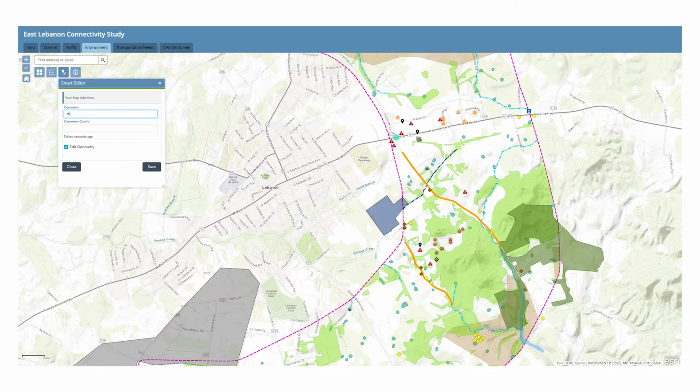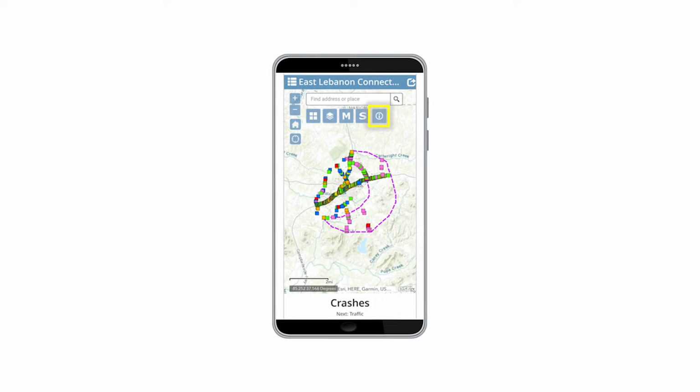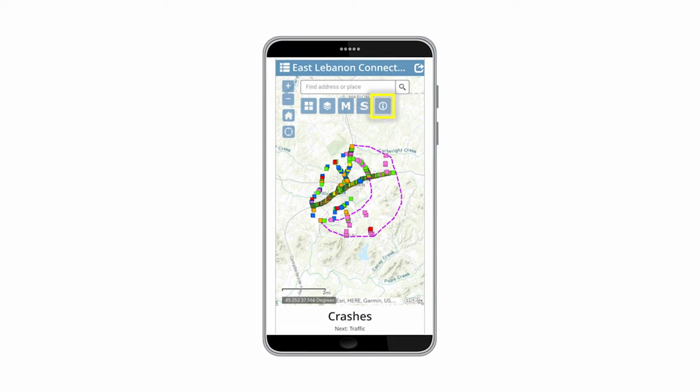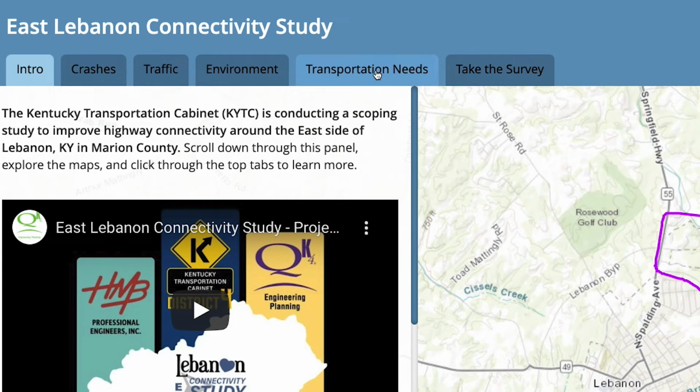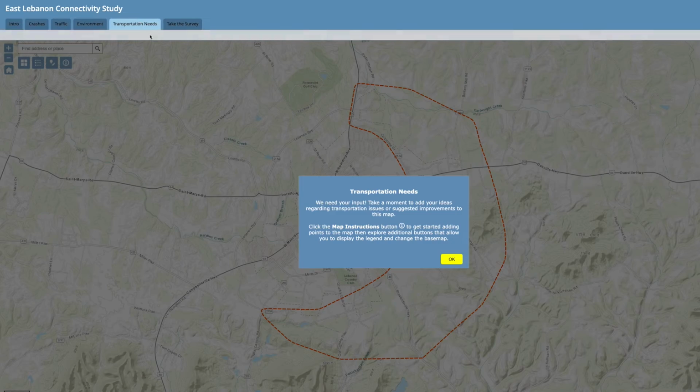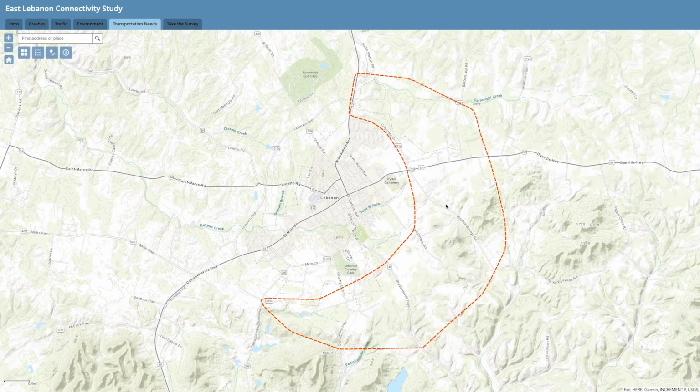Once you've typed in your comment, be sure to click Save to add it to the map. On a phone or tablet, the maps may look different, but you can review these instructions if you tap the blue I button. The Transportation Needs tab works the same way, but on this page, we'd like your input about